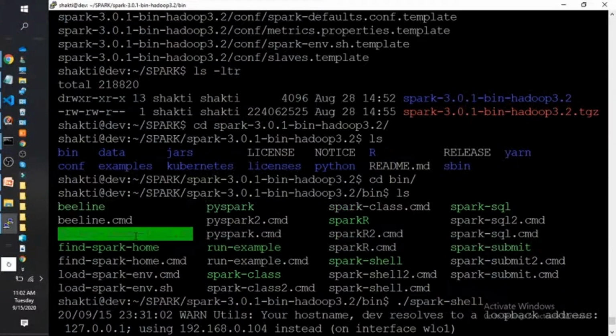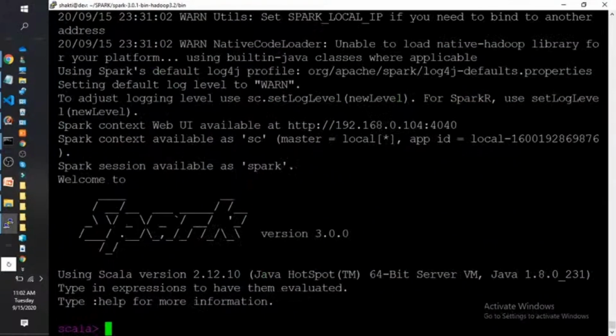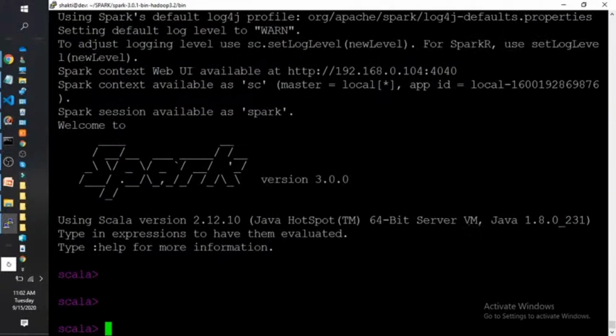In the same way you can use the Docker file as well, and the fast Spark, and this one is used for executing whatever example files are mentioned in the folder. So we'll come to that, and let me show you one by one. Right now I have installed Spark, and now